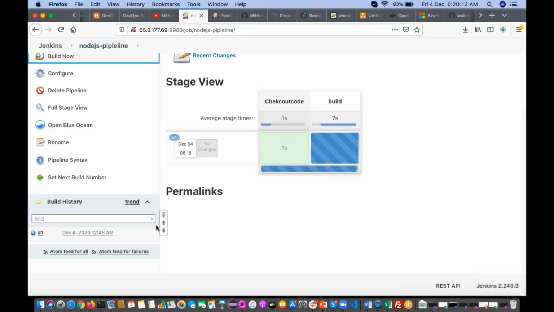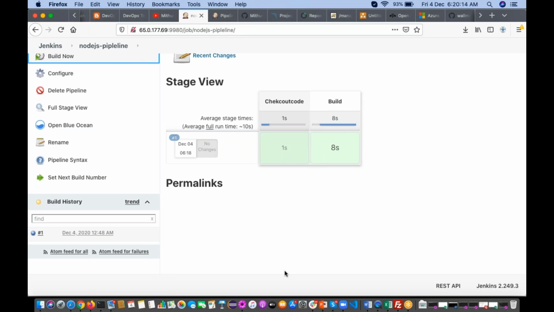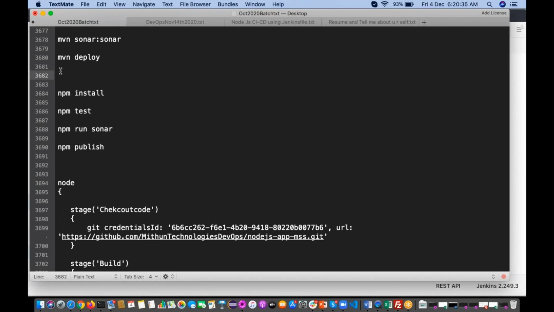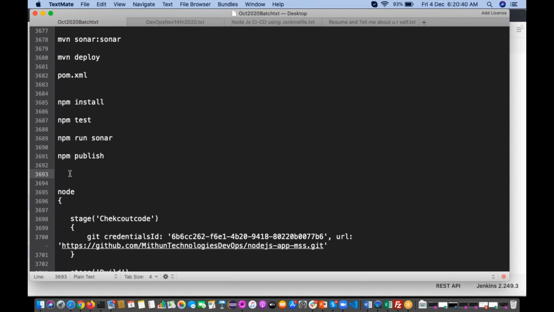When you are executing mvn package, first it will check what dependencies you mentioned in the pom.xml. It will check in your local repository first. If it is not available, it will go to the Maven central repository. Here also, anybody have an idea what the file name is? Package.json.